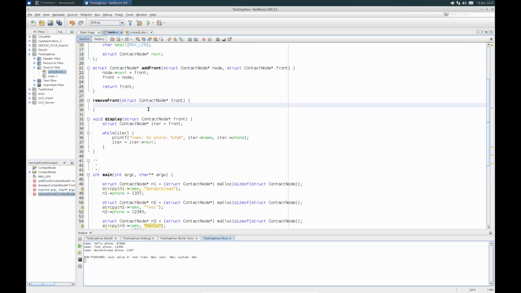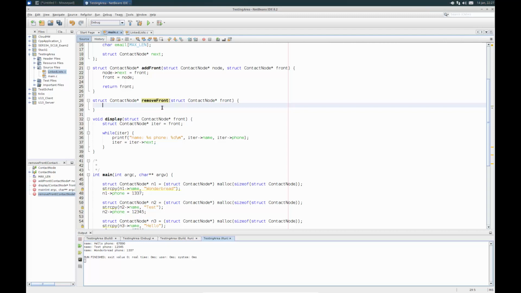So I have this return type. This function will have the same problem as our first one, where we had to add a return type. Otherwise, we couldn't see the changes on the outside. So let's go ahead and do that. We'll have this as that return. This should be fine for our method signature. What needs to happen? Well, we had two steps. One was to update front, and the second was to free the memory that node is occupying.